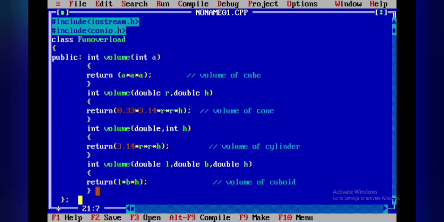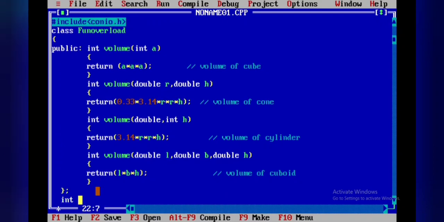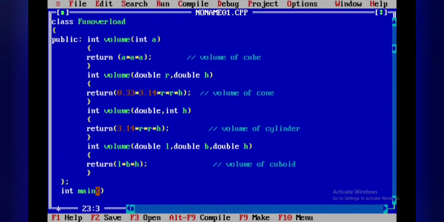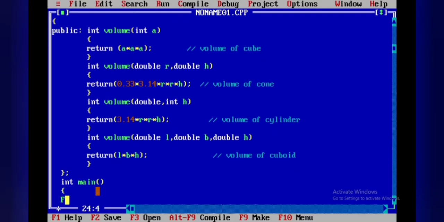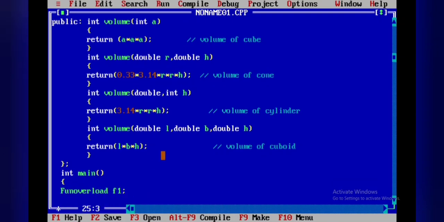Then create a main function, int main. So I need to create an object for the class called function overload, and the object name is f1. Then cout, volume of cube equals, so where it is stored, f1 dot volume of.